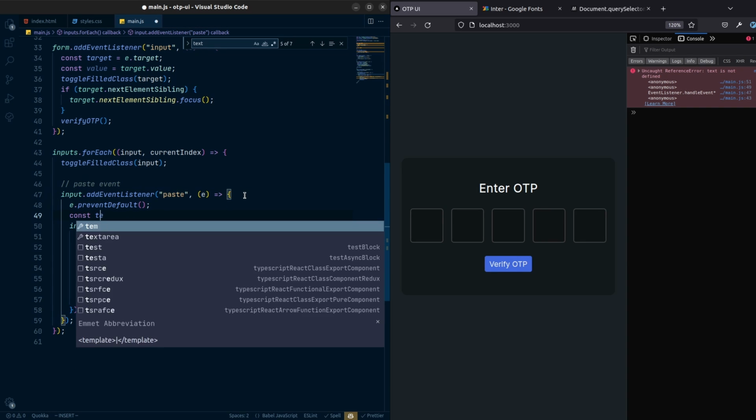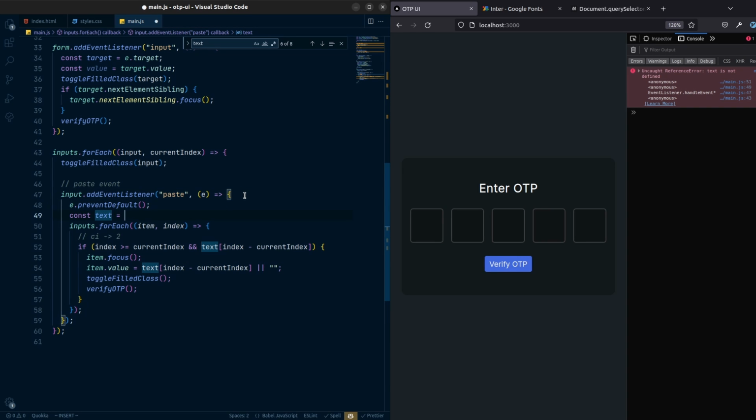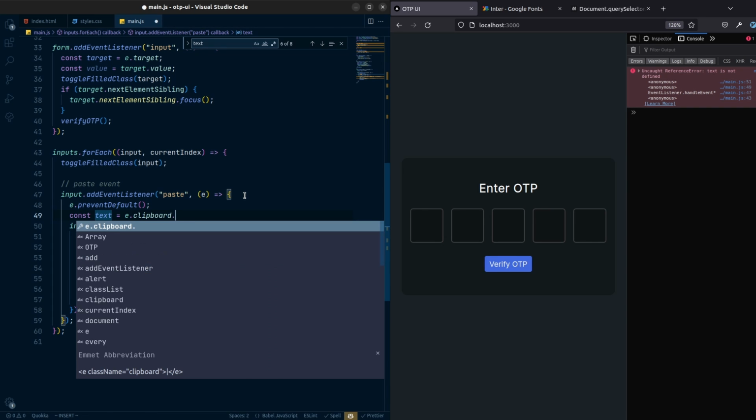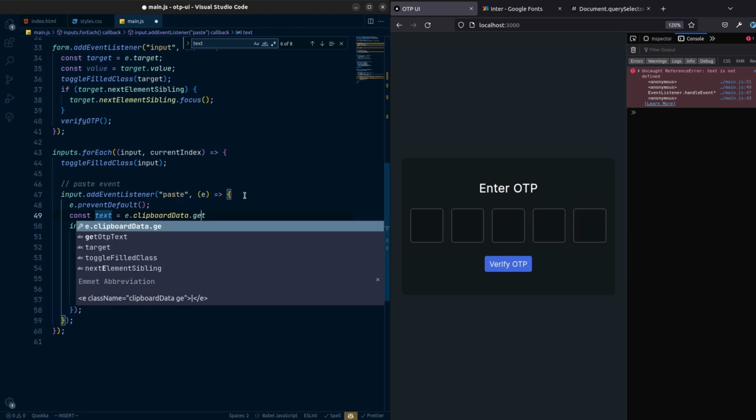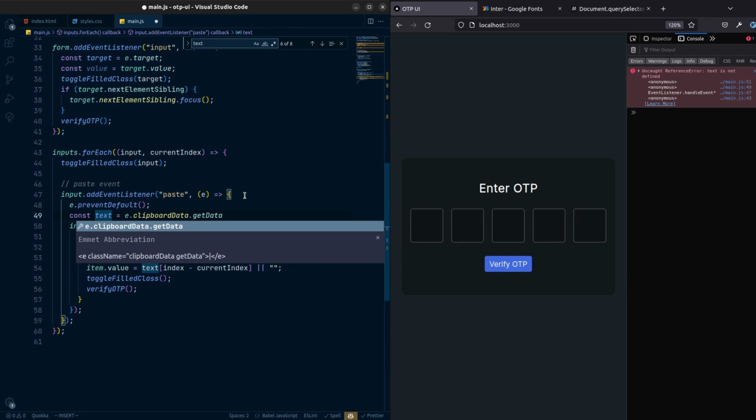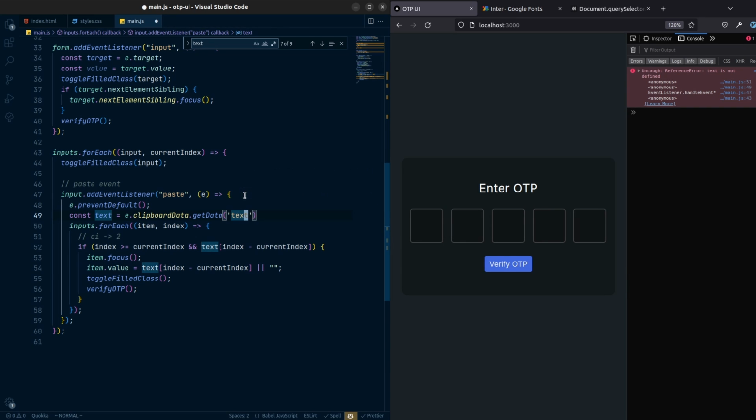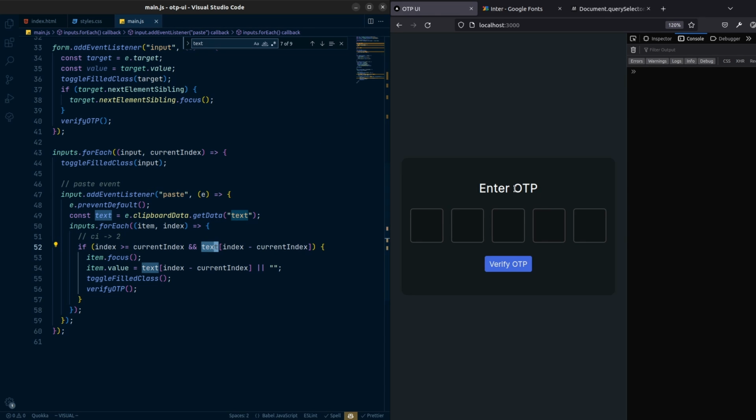So let's say that const text equals event dot clipboardData dot getData, and which kind of data you want. I want the text, so it will get the text inside this text constant, and that's what we are actually using. So if I copy the OTP text, this will be the text here, and now if I try to paste it,